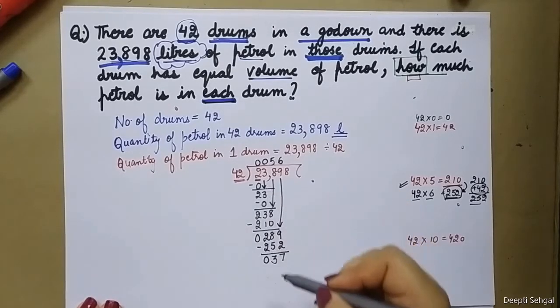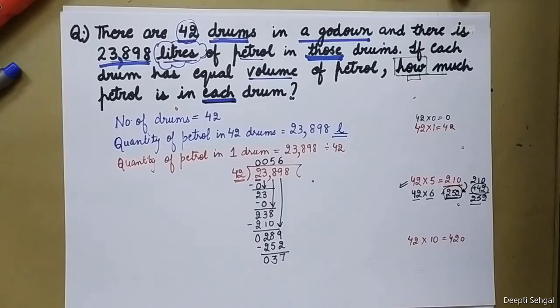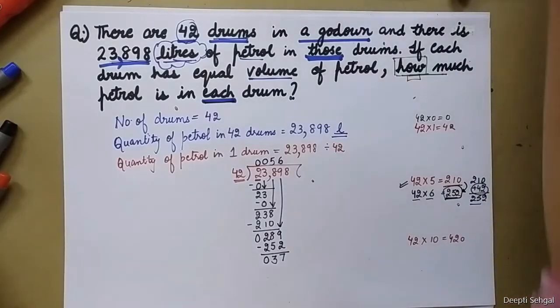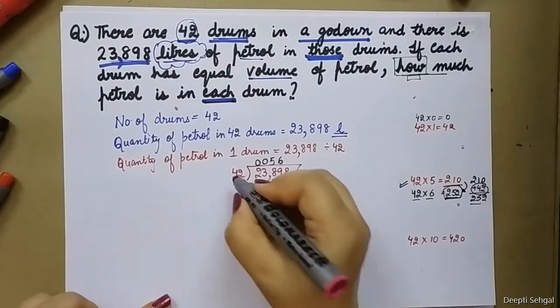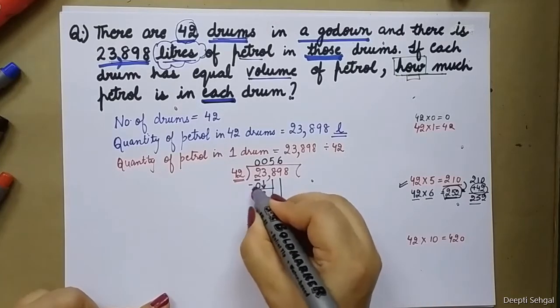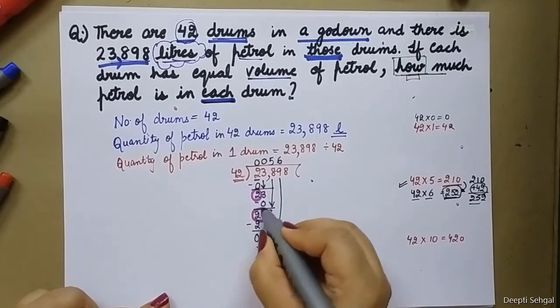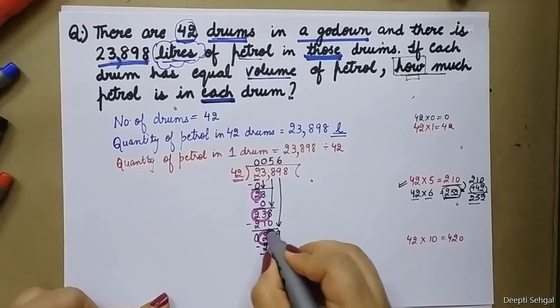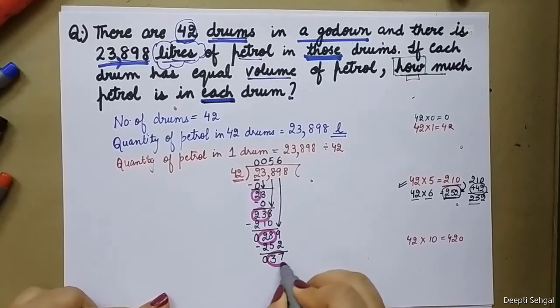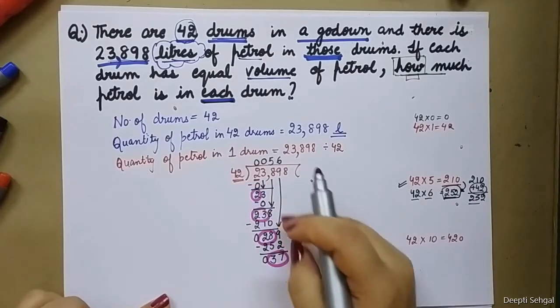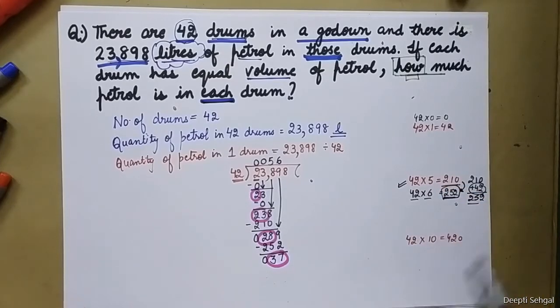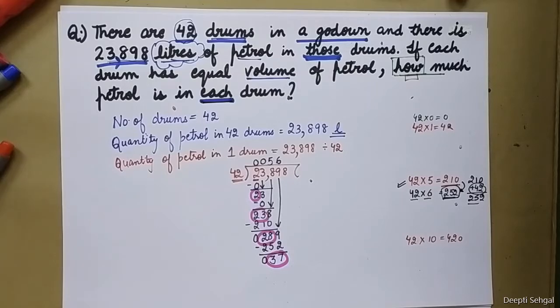आप हर बारी माइनस करके ये ज़रूर चेक करिए कि जो भी आप माइनस कर रहे हैं, whatever you are getting, is it less than 42 or not? 2 was less than 42, then 23 was less than 42, then 28 is less than 42. Now 37 is also less than 42. अगर वो less than नहीं होगा तो आपको next number से multiply करके देखना होगा, ठीक है? Because that means you are missing a number.